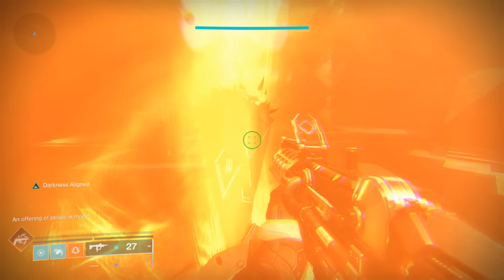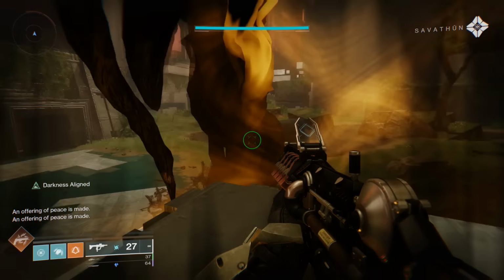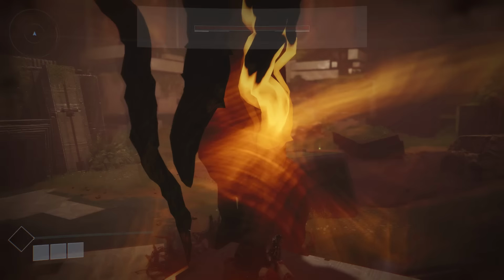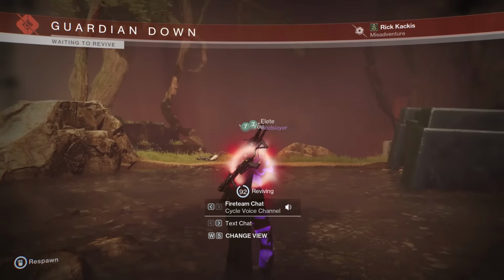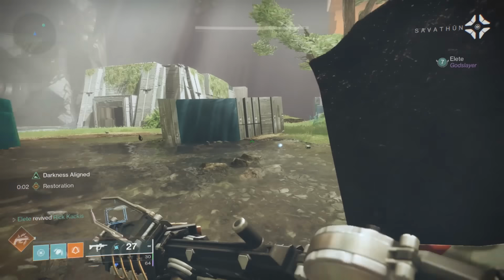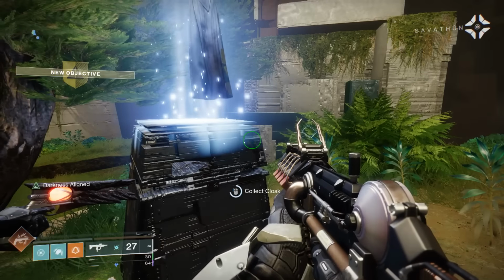So what you're going to do is you have to both choose peace. And remember, you're on the same character. Now, at this point, you're going to run up to where the rewards spawn, and you're both going to interact with the same podium. So someone counts down: ready, set, grab. You both grab at the same time,